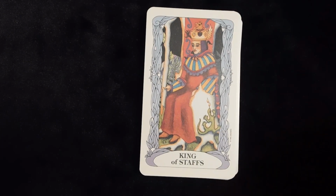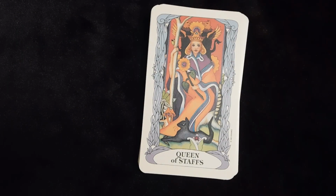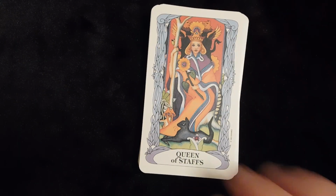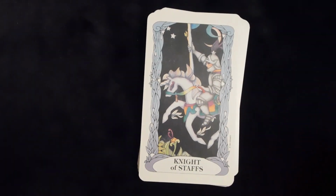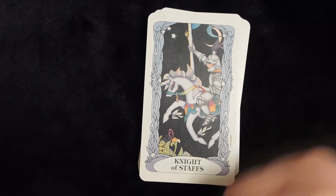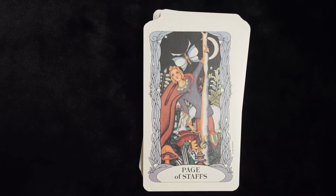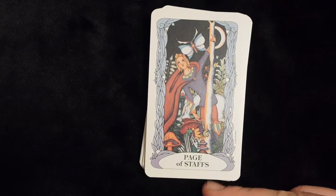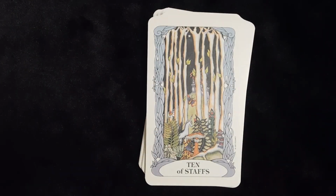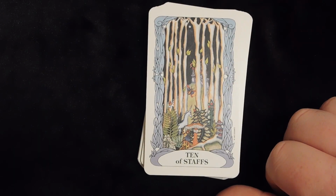And then we have the king. King of staffs. And queen. Yeah, see, the background is much darker now. It's getting darker. I don't know, it has something to do with the suit or what. It's very dark now. It just seemed a little dull to me. That's all. Initially in the majors,